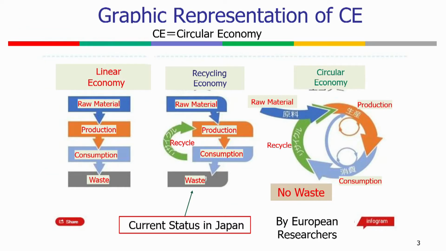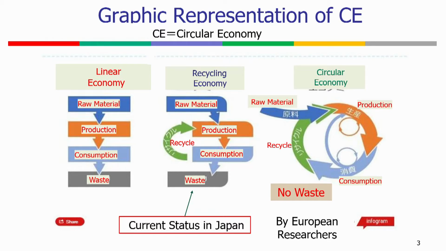This is a comparison of graphic presentations of circular economy. Linear economy is quite simple, and the recycling economy is in the middle. There are raw material, production and consumption, and some recycling, but some waste at the final stage. This is the current status in Japan. And circular economy means something like the right figure: raw materials come in, and then production, consumption, recycle, and rotation. So there's no waste,